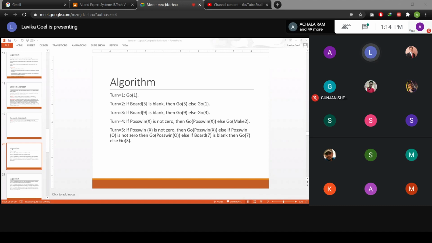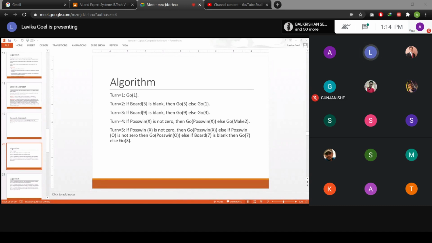So it will go to the corner position. So that's why it will go to 1. So actually X will try to play the corner strategy and O will try to play the center and non-corner strategy. But suppose that center and non-corner strategy was already taken by X. Then it will reverse its strategy. So that is why, in the else part, it is written else go 1. Here it is trying to reverse its strategy and play the strategy of X.